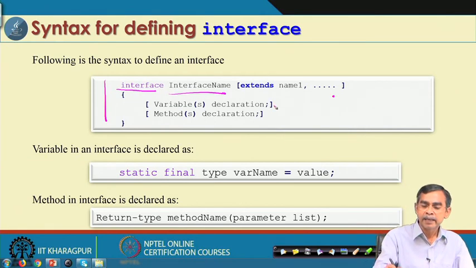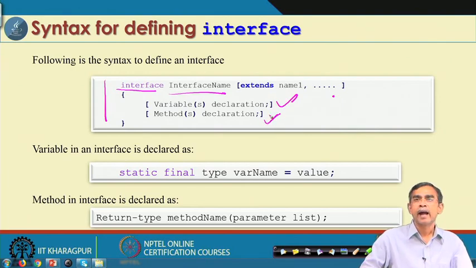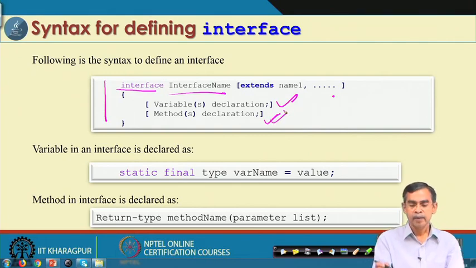And these are the variable declarations. As you have seen, all these variables are public, static and final, and these are the methods, public abstract methods.